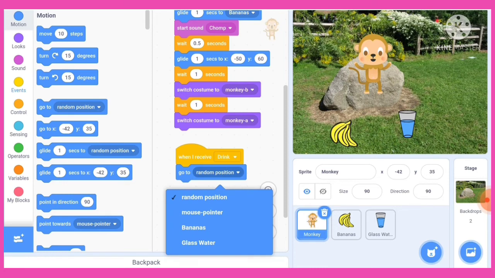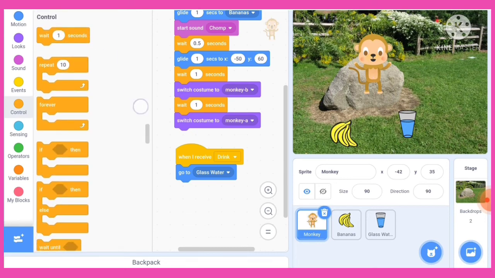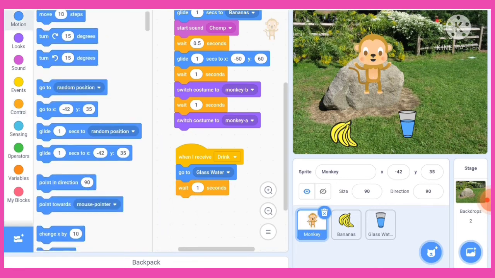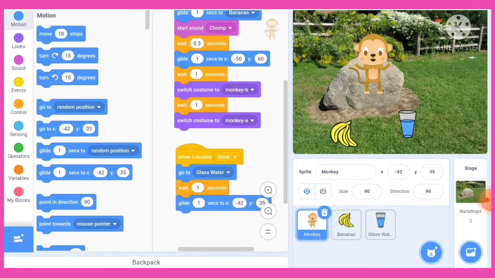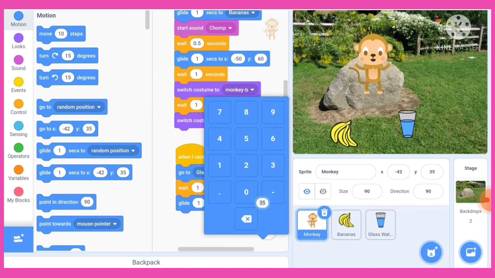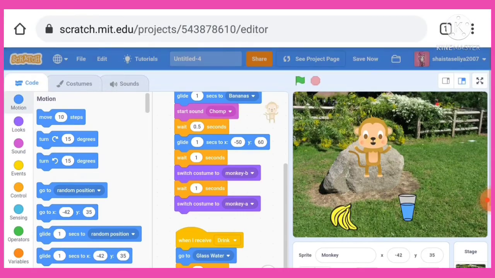Instead of random position, this time choose glass water, then tap on control block, choose wait 1 second, and then again go in motion block and then choose glide 1 secs to. So you can choose this position also, and then x will be -50, again this starting position will be, and y will be 60 as it is. Yeah, we have done. Now let's save it.